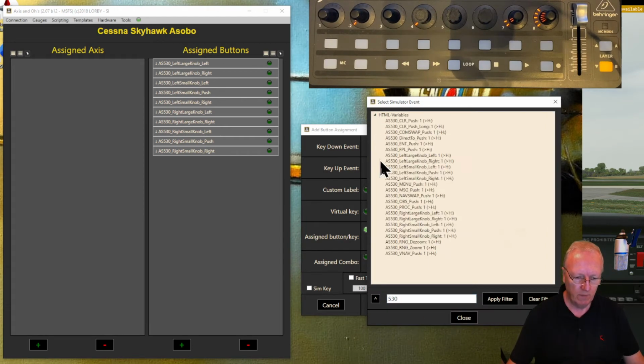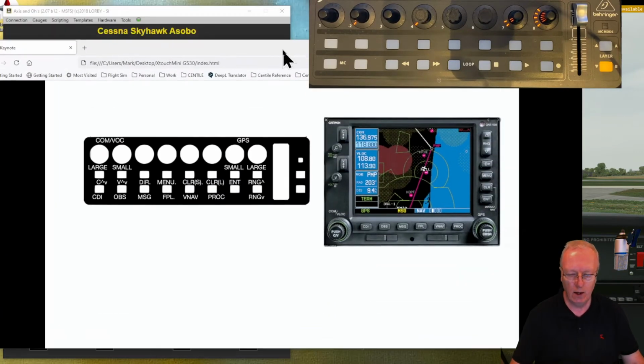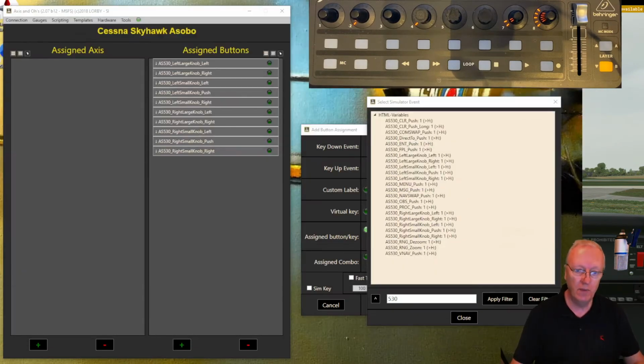HTML variables. Now it's up to you how you want to do this. Do you want to work your way down the list, or do you want to work your way around the buttons? To be quite honest, if I was you, I would work your way down this list. Otherwise you're jumping backwards and forwards and it's hard to remember where you've been and where you haven't been. So,